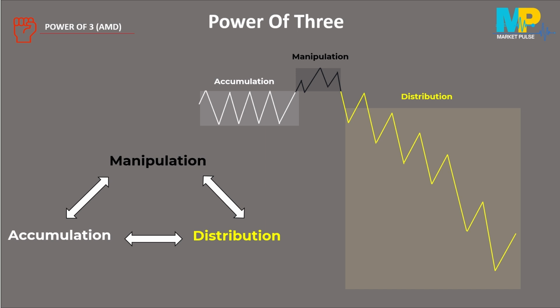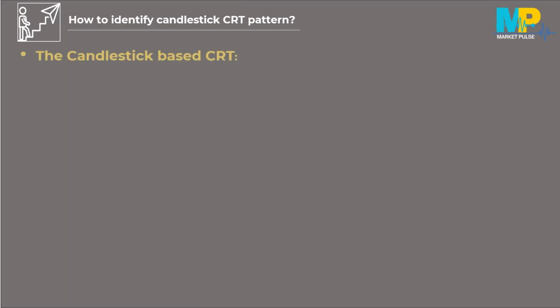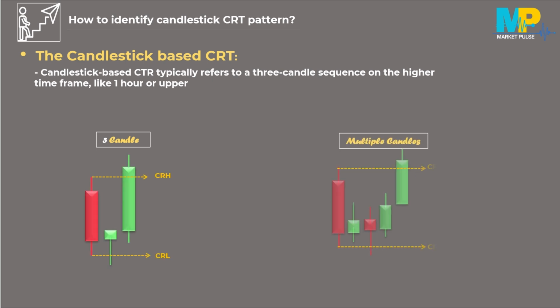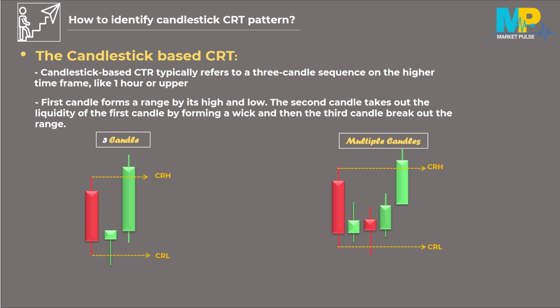Now, let's proceed to the next topic and discuss how to identify a CRT pattern in terms of candlestick patterns. Then, we can see the various scenarios we might encounter in identifying candlestick-based CRT on the chart. In the bullish scenario, the candlestick-based CRT typically refers to a three-candle sequence on the higher time frame, like 1 hour or upper, that the first candle forms a range by its high and low. The second candle takes out the liquidity of the first candle by forming a wick, and then the third candle